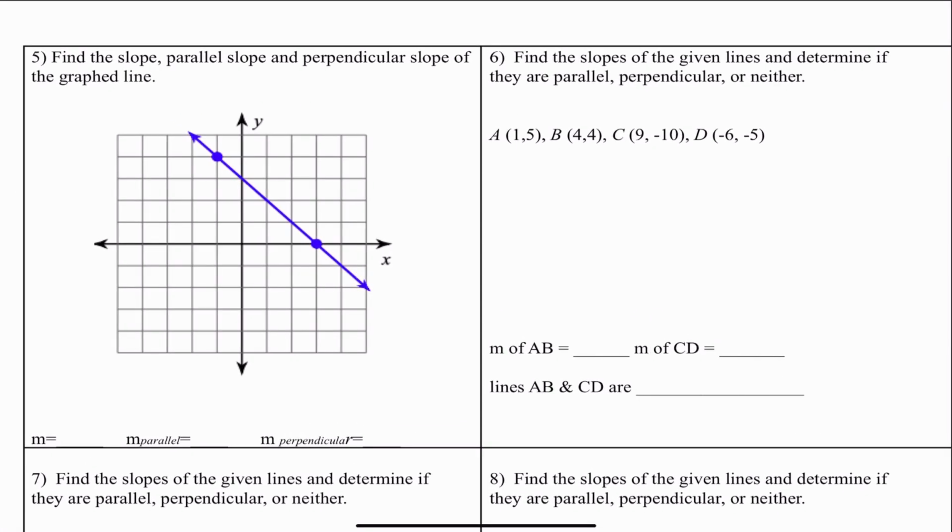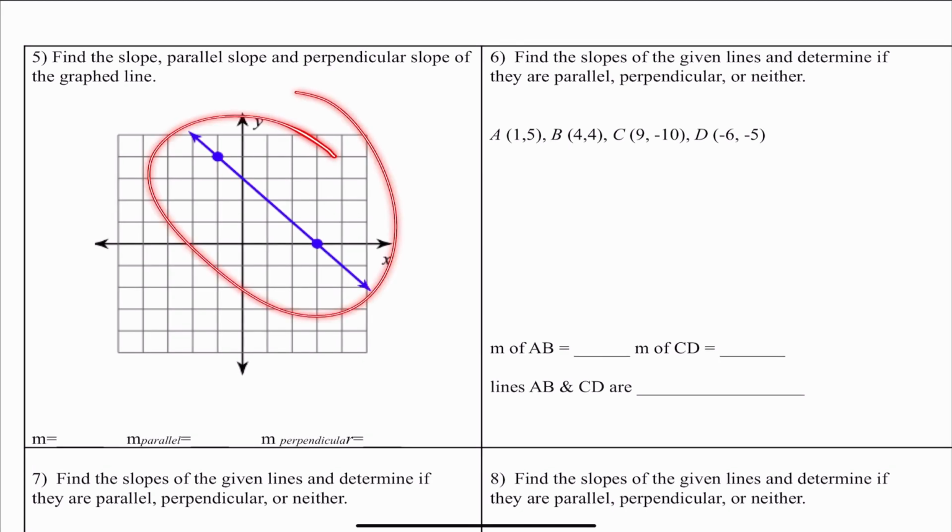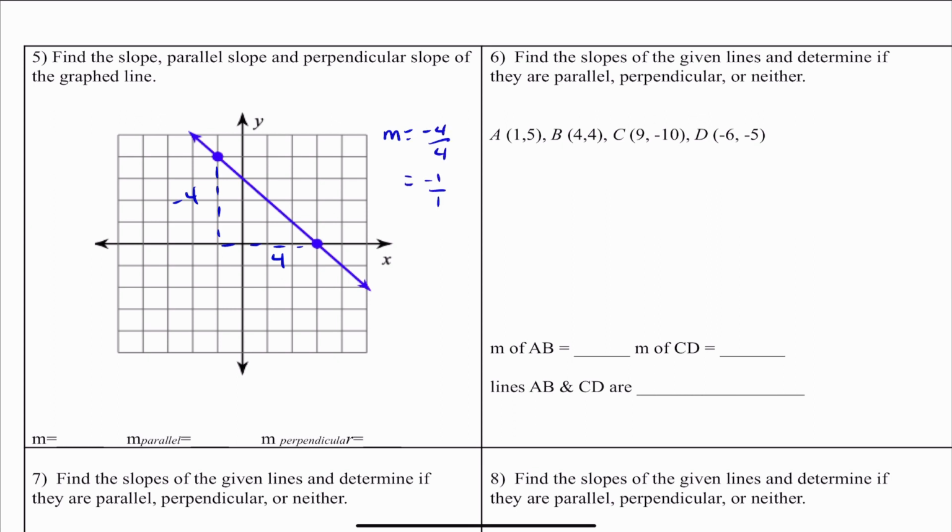Alrighty, I want to go ahead and take a look at the second page of the Unit 2 test review. It says find the slope, parallel slope, and perpendicular slope of the graphed line. So, I see my line here, and I like to figure out the slope of that line. I like to read from left to right, so I'm going to go down 4, and then it looks like I'm going to go right 4. So really, the slope here is -4/4, but I can reduce that, and that's going to be -1/1, or just